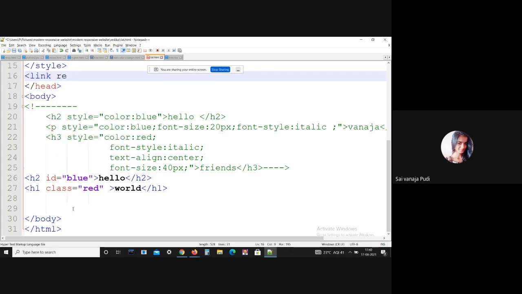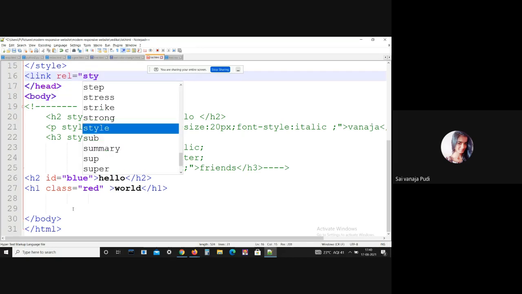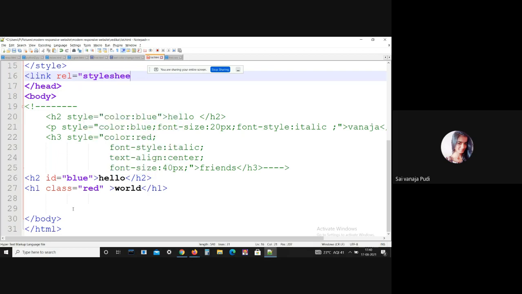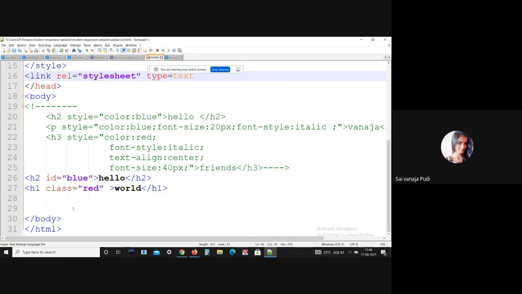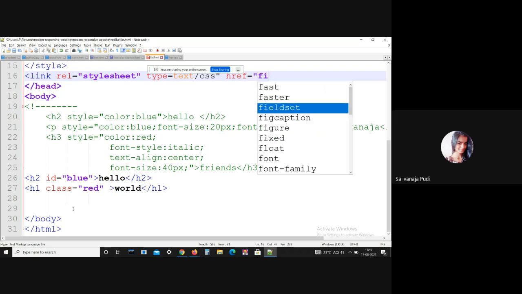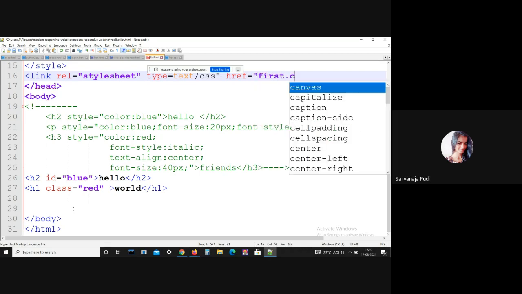Here you have to use the rel attribute, which is stylesheet. The type is text/css. And here I give the link, that is first.css.